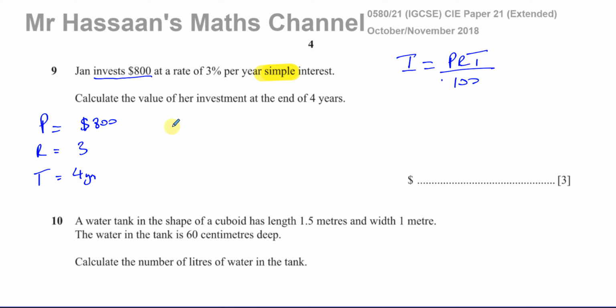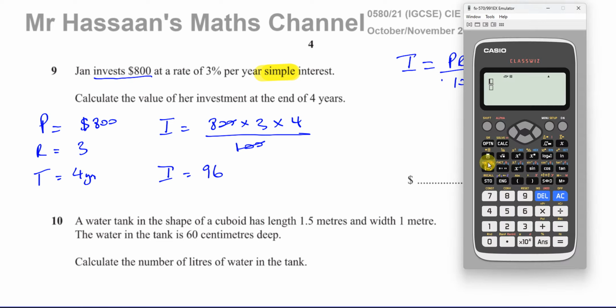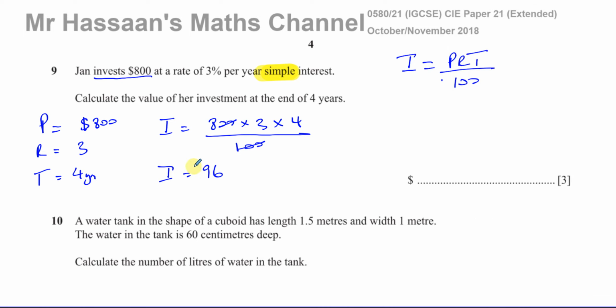Now we put these values into this formula and we get the extra, the interest. So the interest is 800 multiplied by 3, multiplied by 4, divided by 100. That's 12 times 8. 12 eights are 96. Let's just make sure of that: 800 times 3 times 4 divided by 100. Right, that's 96, so that's $96